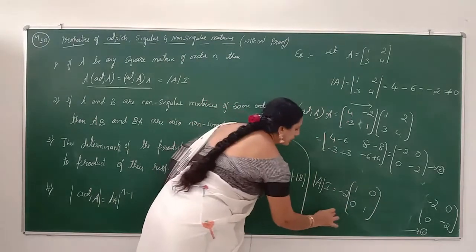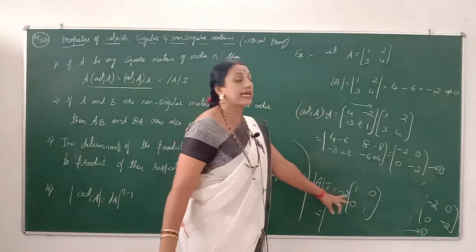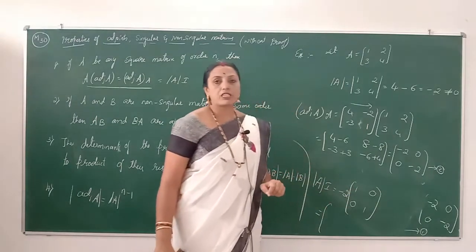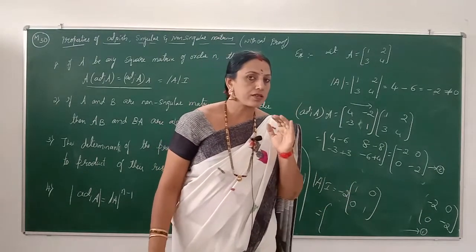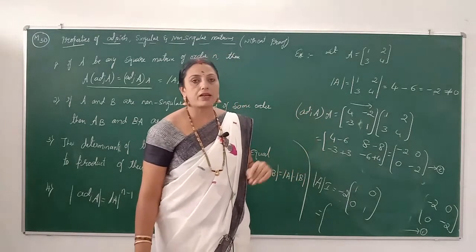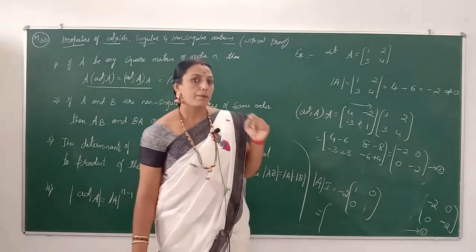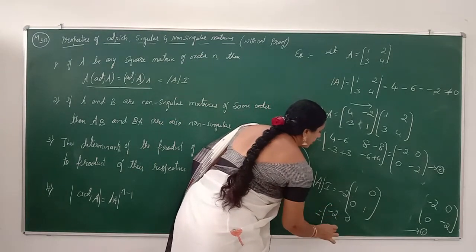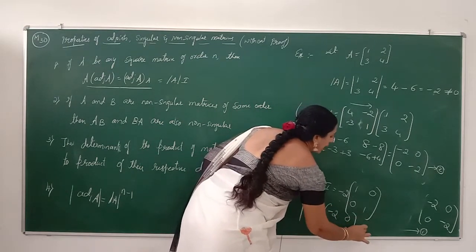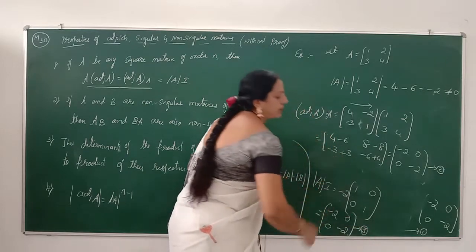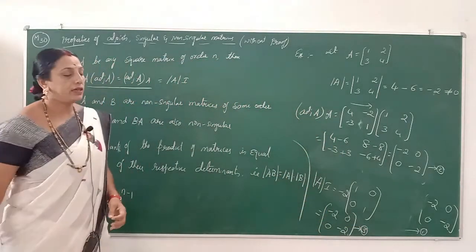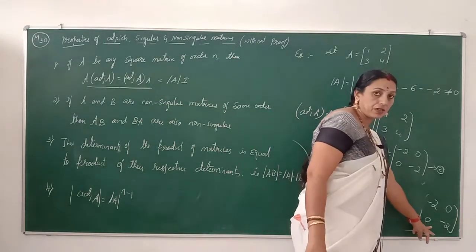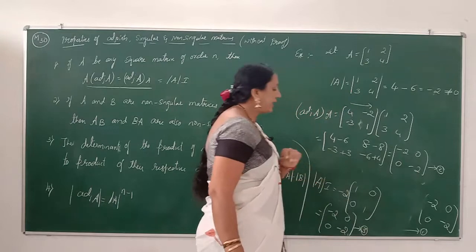After that, the multiplication is called scalar multiplication of a matrix. So minus 2 into the matrix means the elements of the matrix I are multiplied by minus 2. After that multiplication it is minus 2 0 0 minus 2, and let it be called equation 3. After that we will compare the elements of all three equations. We already know the elements of equation 1, equation 2 and equation 3.